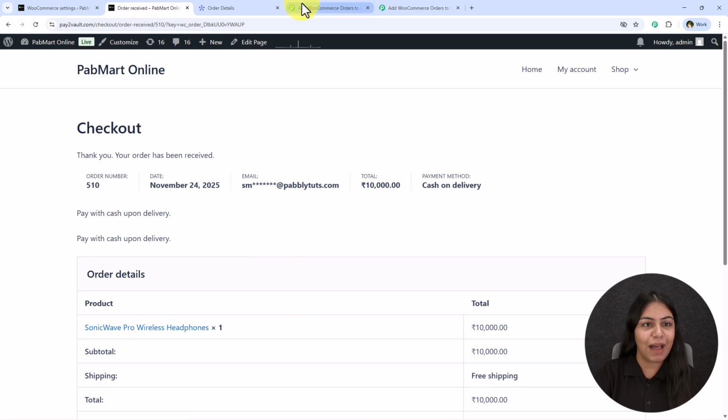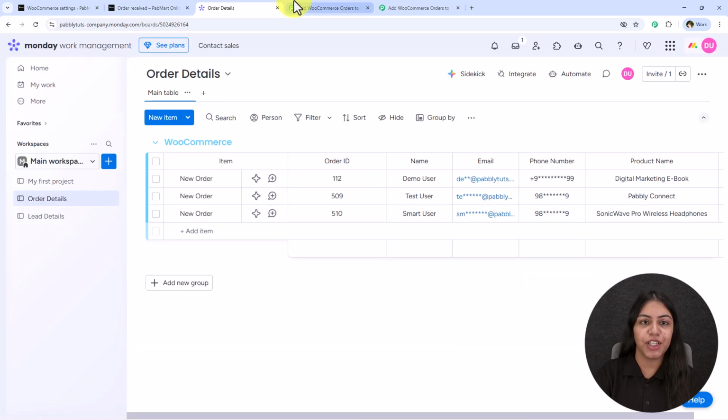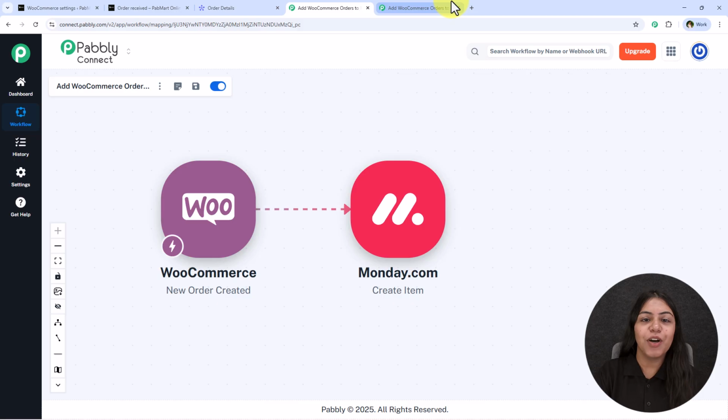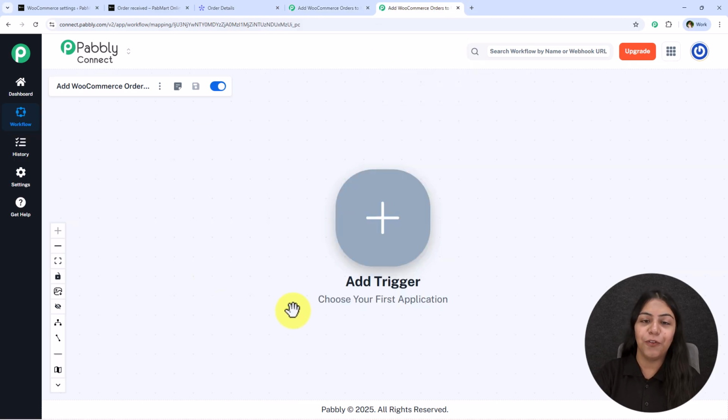And yes, this is no magic. This is the power of automation which we're going to create in today's video. So watch this video till the end and open your workflow builder if you are an existing user like me, but if you are a new user, open a new tab and